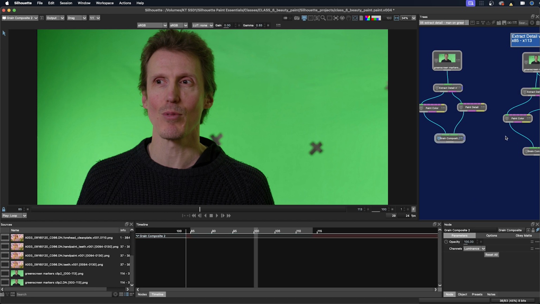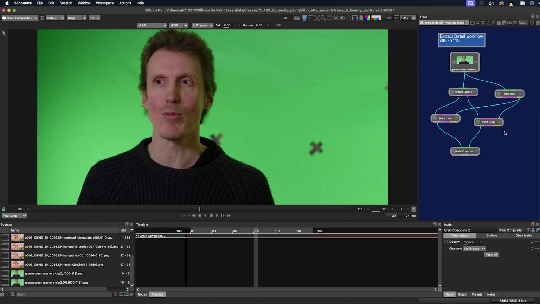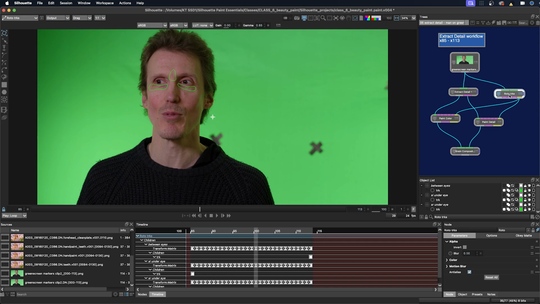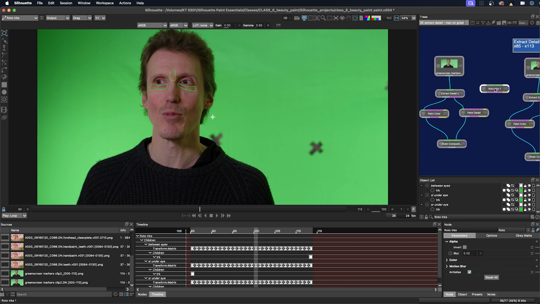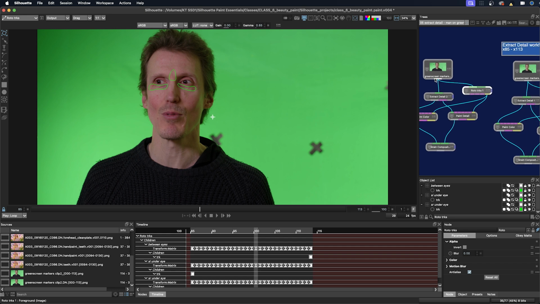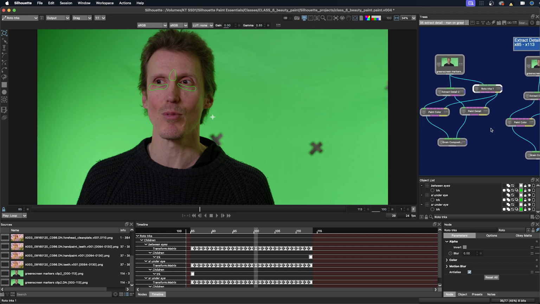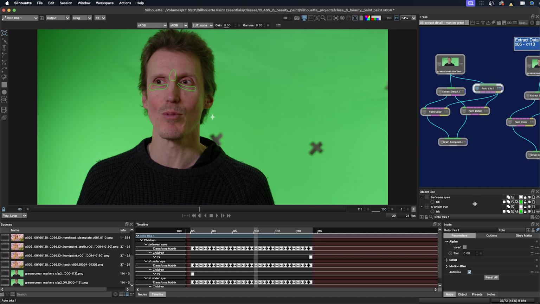And then I'm going to reuse tracking in our roto node. I'm just going to click on our roto node here, copy, and then paste. And then I'm going to hook up the outputs and inputs for the tracking data, so that can be used. And then so we can see what we're looking at, here are the tracks that I'm going to be using for the class.